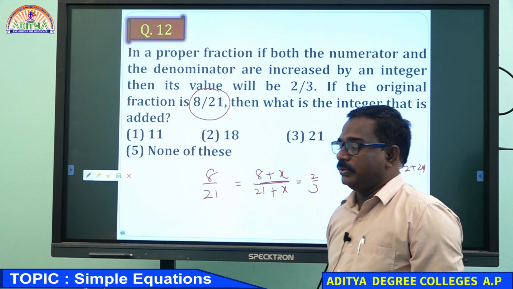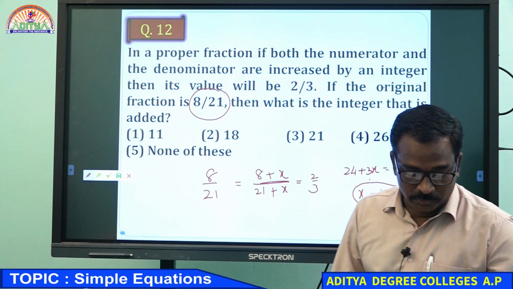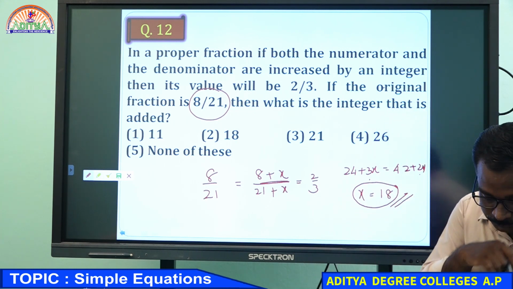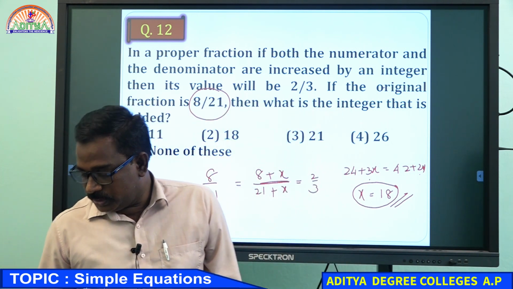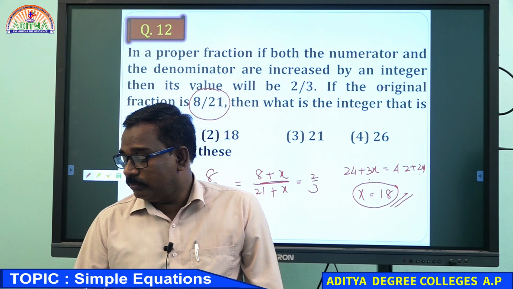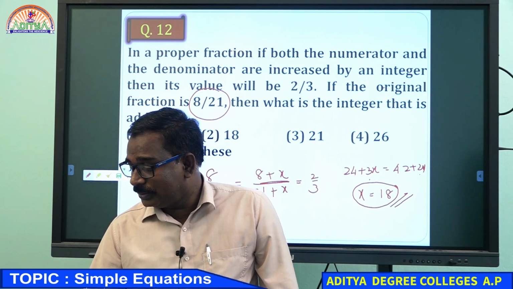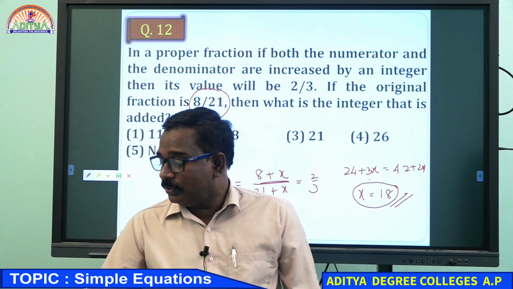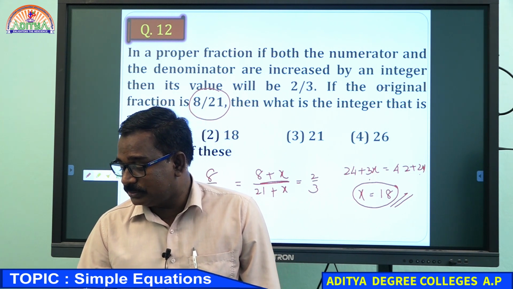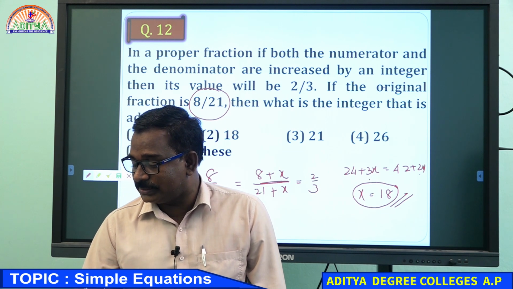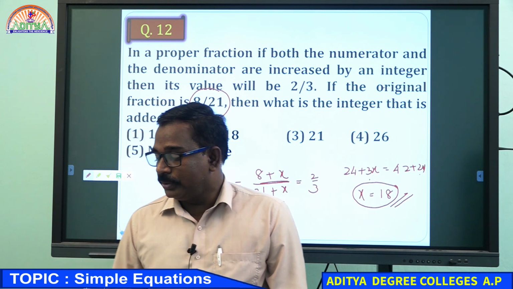We are doing the simple equations topic, you need to solve in a simple manner. We can go for the next example. Is it clear for everyone? Many have written. Someone has written 12 and 18, two answers. Two answers will not be there, only one unique answer will be there. 18 is written, but 12 also written at the side. Hundreds have written 18. Very good. I'll go for the next question.